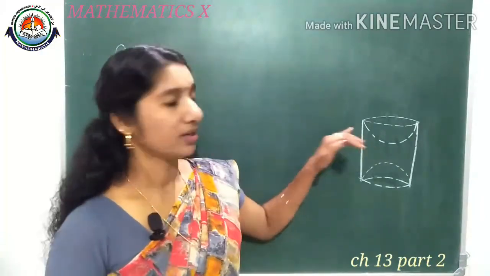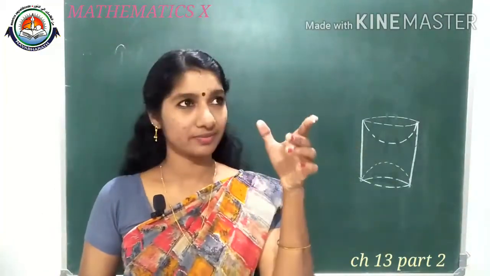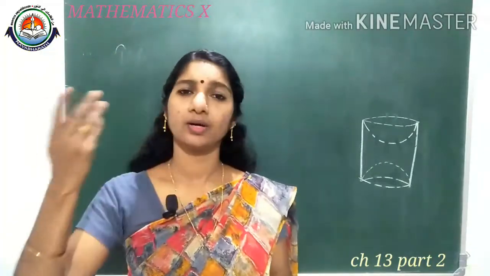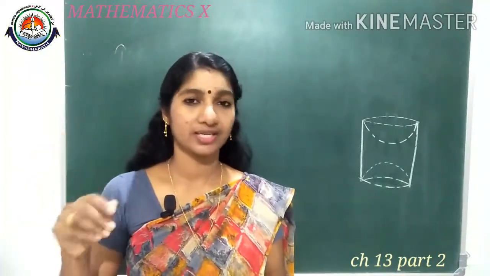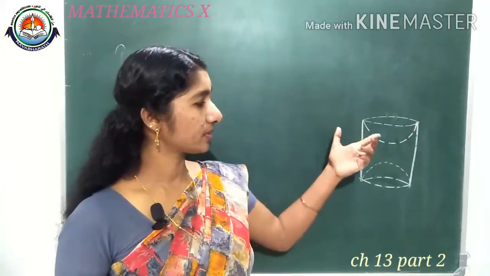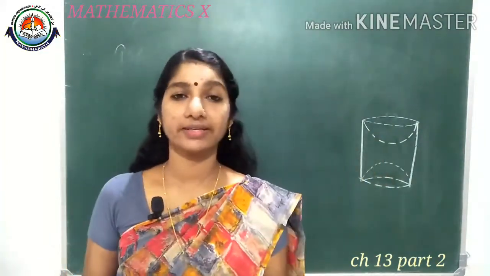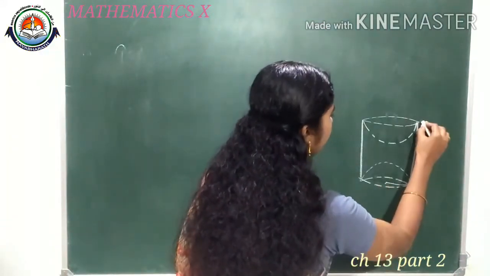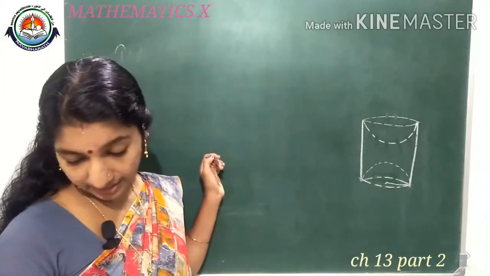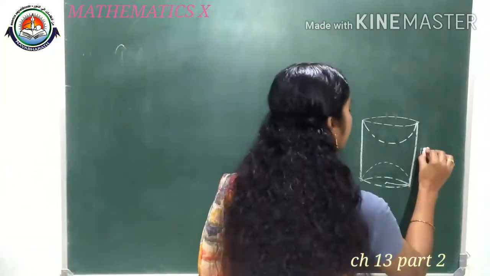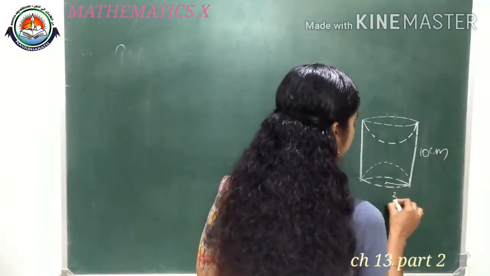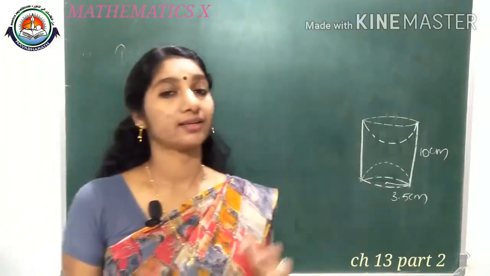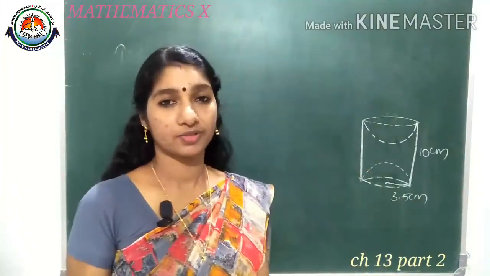Okay. So think about the cylinder. From one cylinder, from bottom and top, we are scooping out a hemispherical portion, and it is given that this hemisphere and the cylinder have the same radius. See this radius, and the total height of the cylinder is given as 10 centimeter and the radius is given as 3.5 centimeter. We need to find the total surface area of this new object.